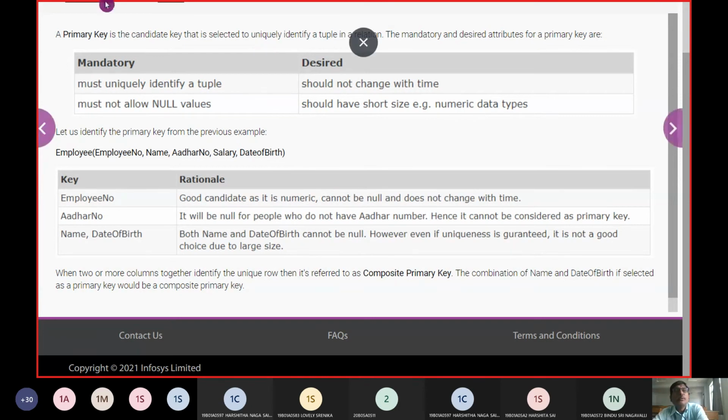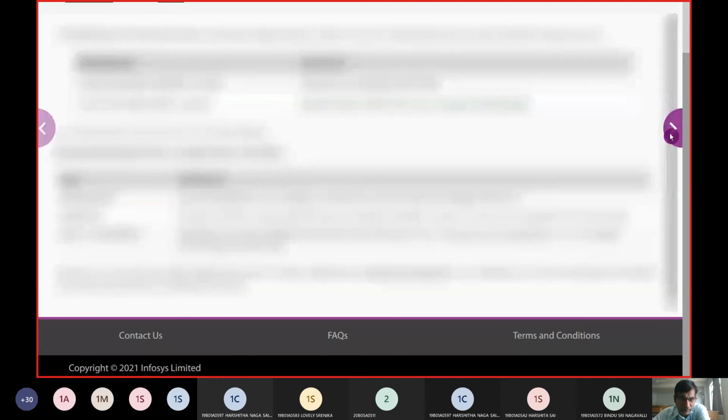Now what are the desired properties of a primary key? It should be unique, uniquely identifying a tuple. Next, it must not allow null values. At no point in time should a null value be inside the attribute that we track as the primary key. That is the fundamental reason here. And next, no two or more rows will have the same set of primary key values. That is one way we should understand the primary key concept.